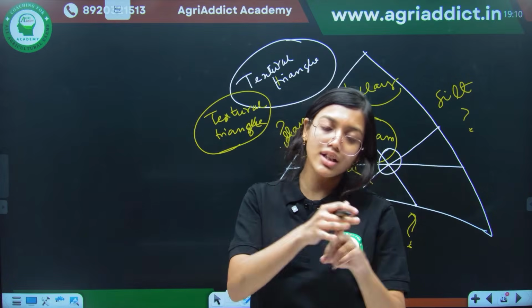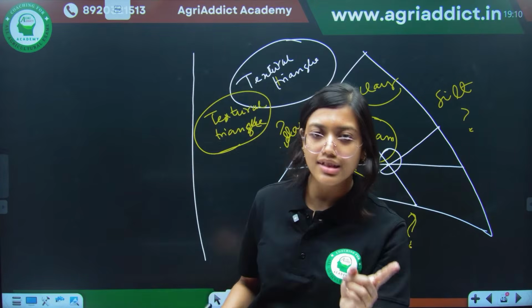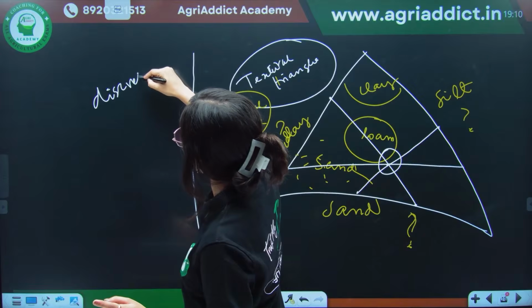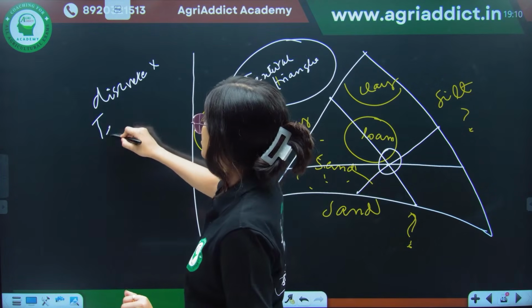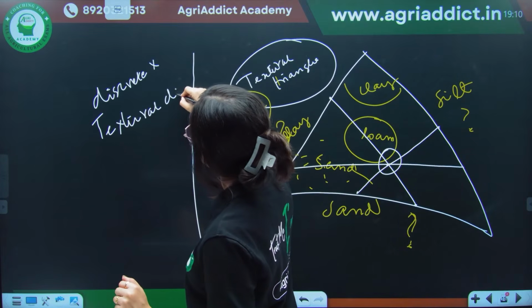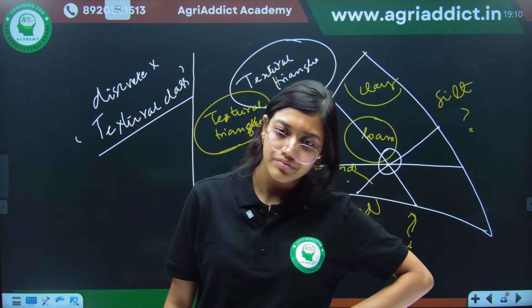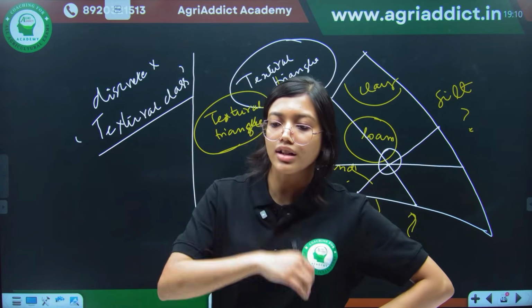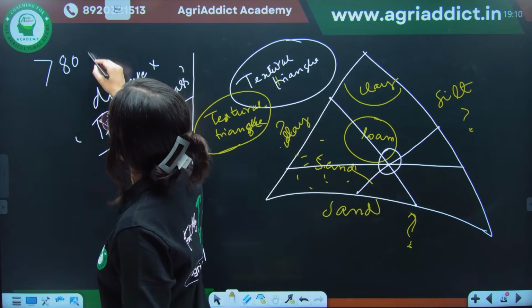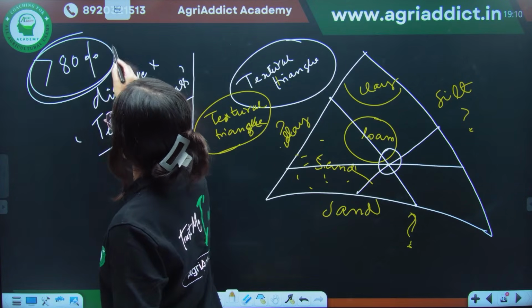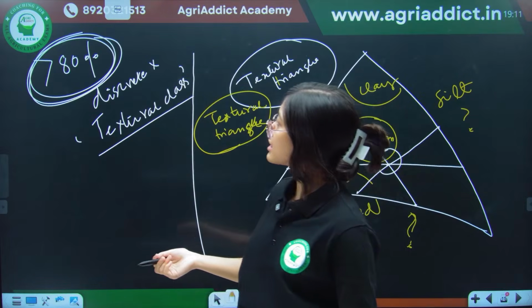So this is how you are going to find out the textural class of your soil. So what did we learn from it? We learned that the primary separates are not present as discrete entities. So discrete entities are not there, and the soil will always form a complex. Okay, and that complex is called a textural class. And different soils will be assigned to each and every textural class. So how can we measure what the different textural classes are? Always remember that for sand, if it contains greater than 80%, then it will belong to sand as the textural class. Okay.